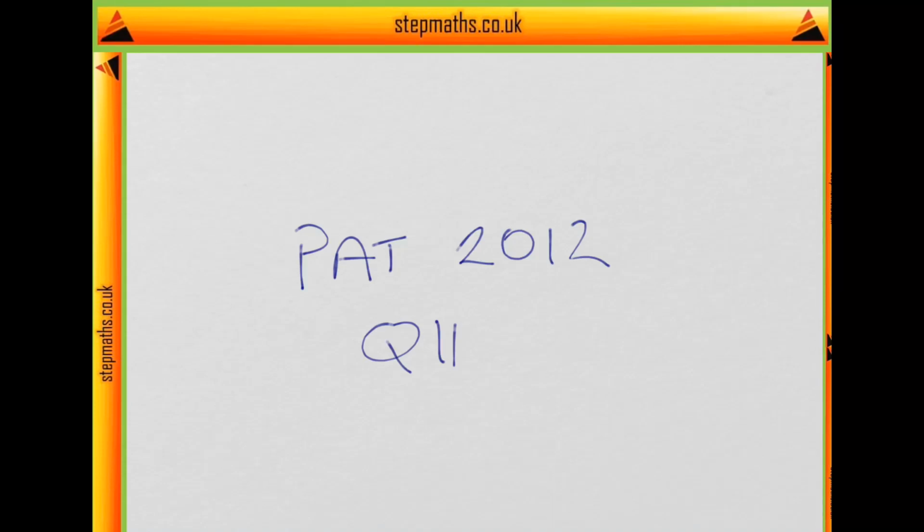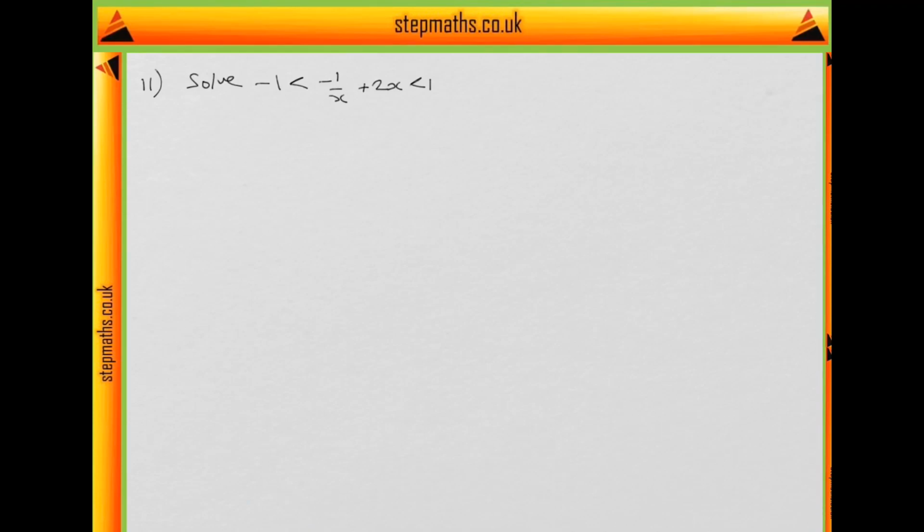Hi, today we're going to go through a PAT paper from 2012 looking at question 11. So question 11 asks us to solve minus 1 over x plus 2x less than 1. Okay, well, what we want to do is